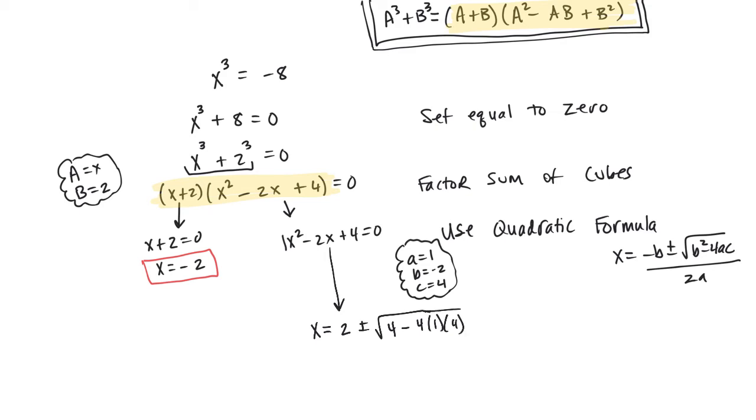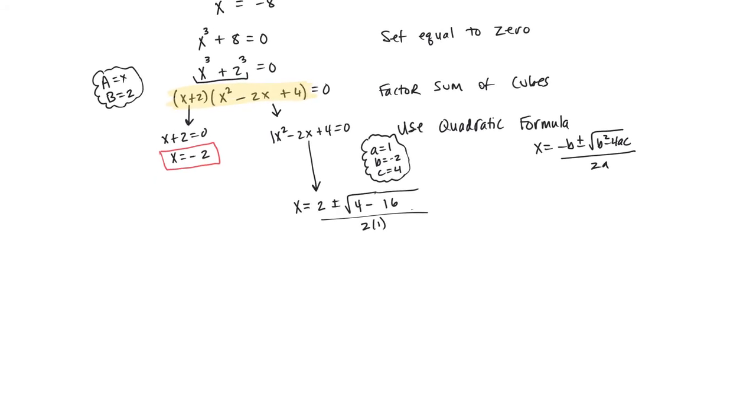So that would be 16. And that's all over 2 times 1. All right, this is 16, so I'll go ahead and just put that in there. And then we have x equals 2 plus or minus square root of 4 minus 16 is negative 12 all